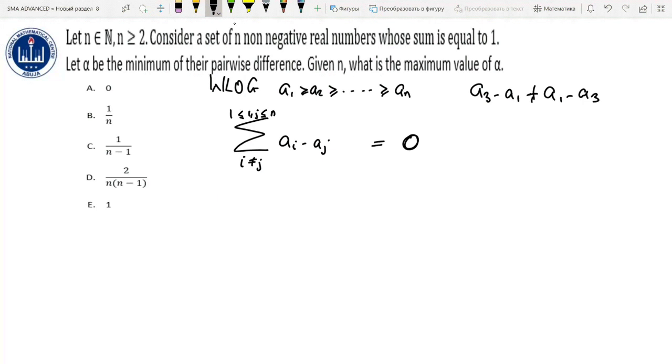So imagine now we have, how many terms are now here? They are going to be n combination 2 times 2 terms. N combination 2 because we are choosing 2 numbers out of the n of them. Then we're multiplying by 2 because in a3 minus a1, the order actually matters. So these two things are considered distinct. That's why we're multiplying by 2.